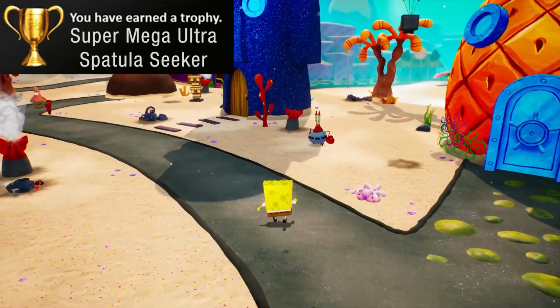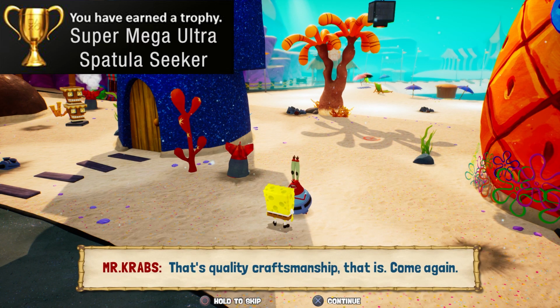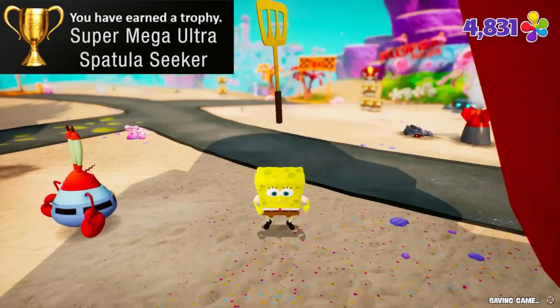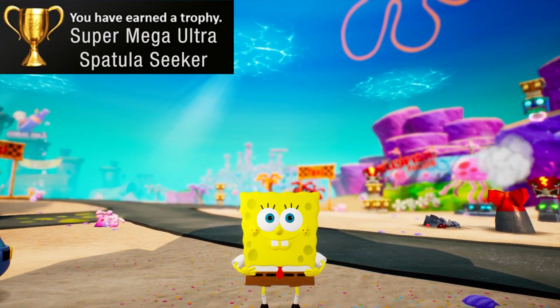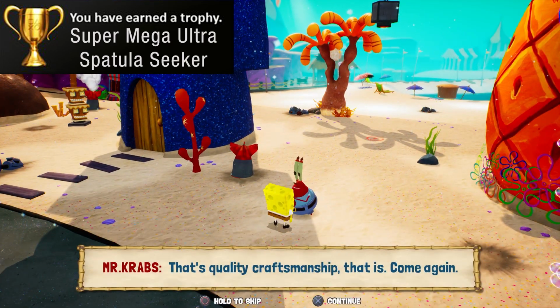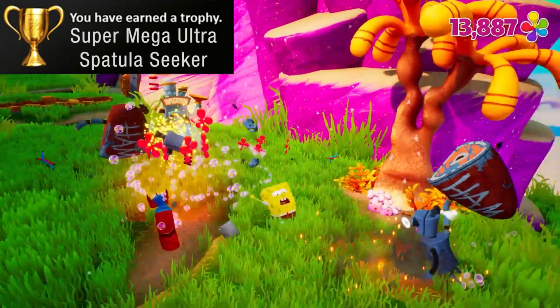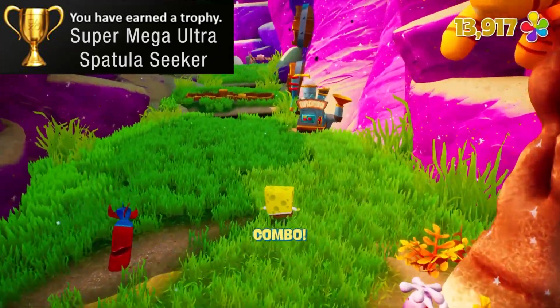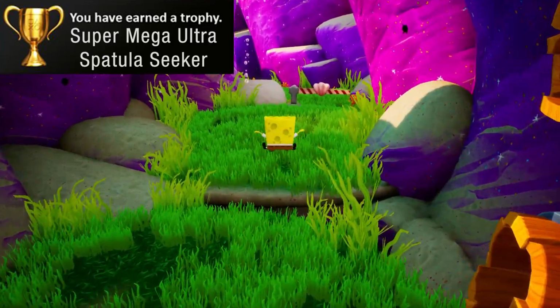the trophy run. The other way you will collect golden spatulas is by speaking to both Mr. Krabs and Patrick in the Bikini Bottom hub world. Mr. Krabs has 8 golden spatulas he is willing to part with for a small fee. If you have enough shiny things, which is the main currency you will find everywhere in these levels, he is willing to make the trade. In total, you'll need about 41,000 shiny things to trade and collect all 8 of these golden spatulas he's holding